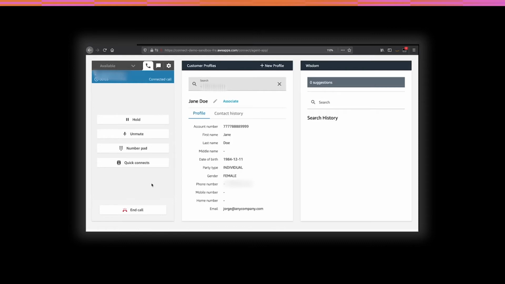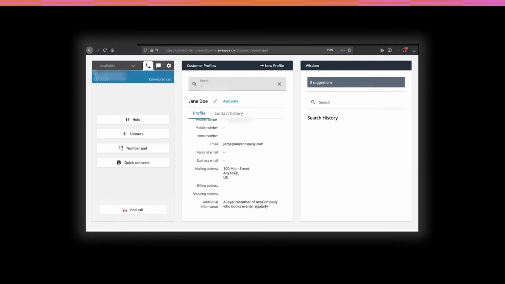Great. Now, as you saw in this demo, the phone number was displayed in the contact center panel, and that phone number was automatically used by customer profiles for showcasing a customer profile. This customer profile has information which starts with the name of the caller, and then it has additional information such as the customer relationship number, PII information, which can be the date of birth, their gender, their email addresses,